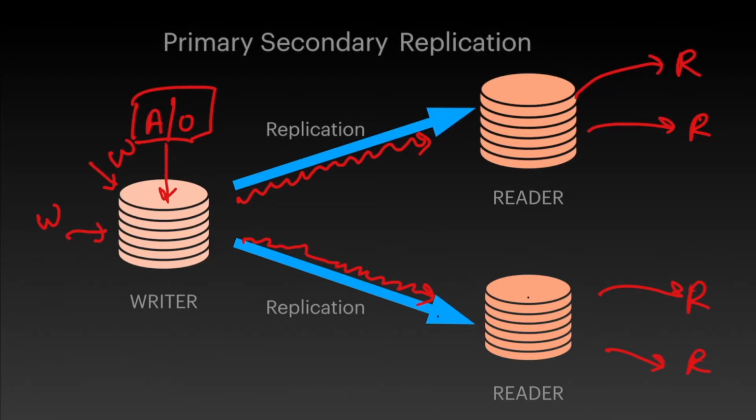So if we update the value of a to 1, and at the same moment we read the value of a from one of our readers, the update of the value from the writer to the reader will take a bit of time, and we will get a stale value from the reader, the previous value. So here we increase the availability of our system. Whenever the load on the system increases, our system will be available, but there will be a bit of inconsistency among the values that our reader and writer are reading.